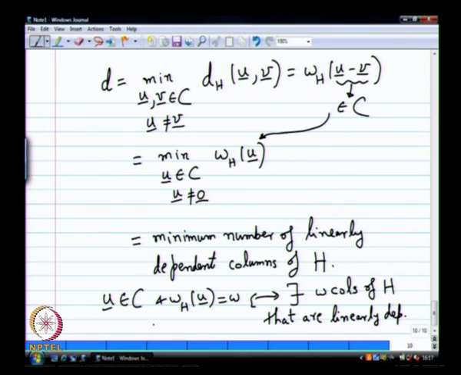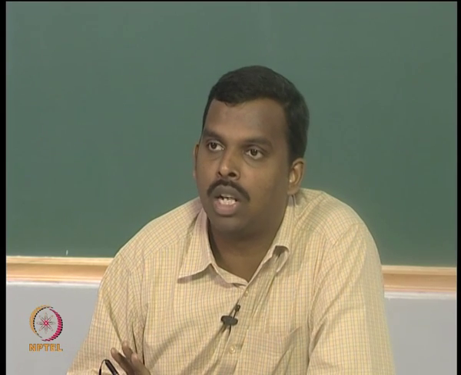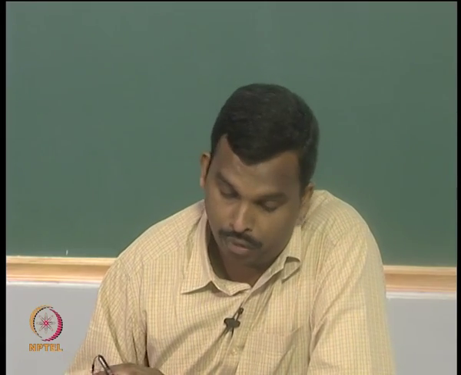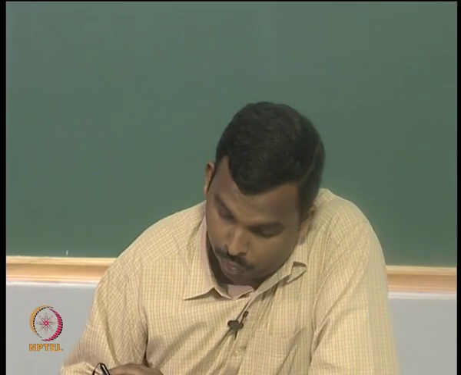Okay. So, how do you show this? HU transpose is 0, and there are only W non-zero entries in U. So, it clearly picks out only W columns from H, and those W columns are linearly dependent. Okay. So, that is the idea, and this is also if and only if,